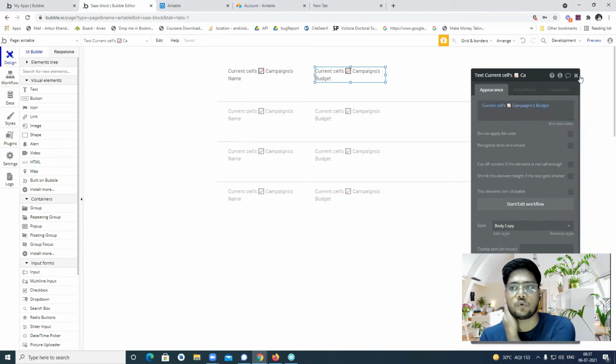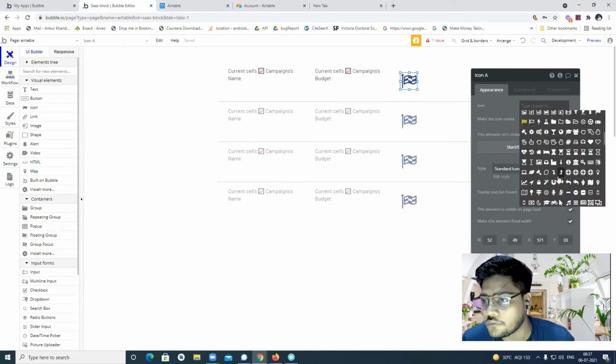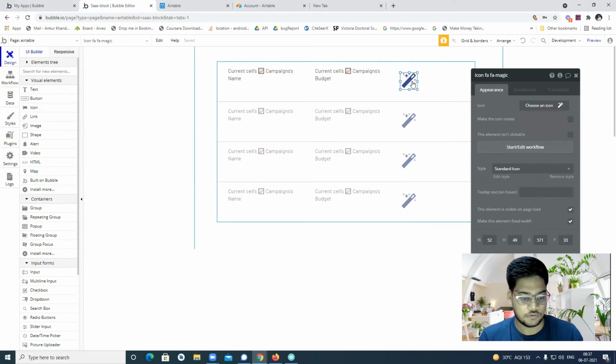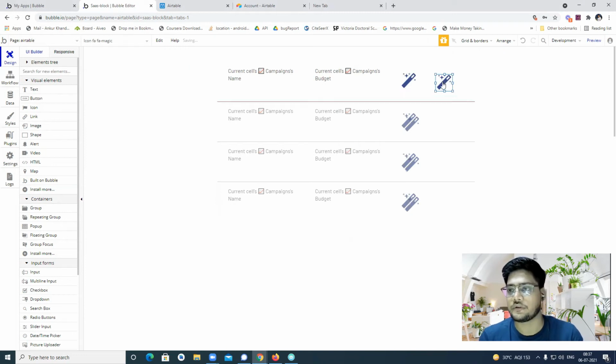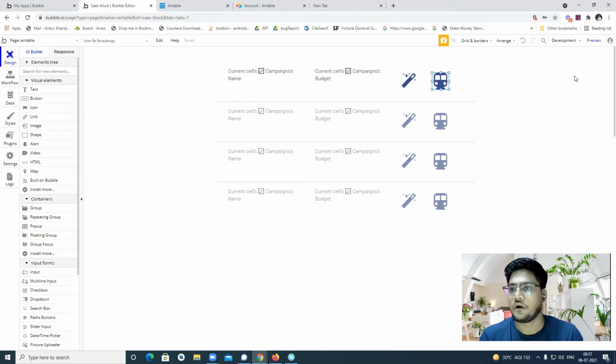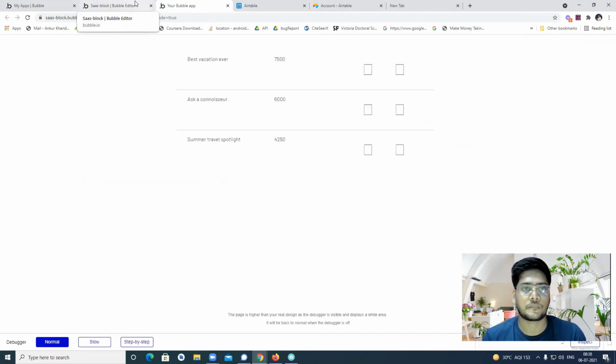So we are seeing only two data items here, and there is also an icon, one for edit and one for delete. For the edit, there's a dummy text. For example, copy and paste this, and delete it, and add the delete button. When you preview it, your data is available there.